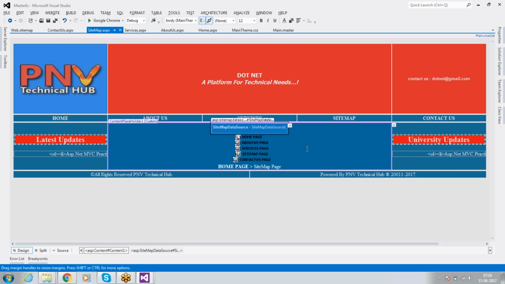So far, any doubts? Did you understand what is the essence of the master page? Instead of creating multiple pages, a single parent page and multiple child pages, the same design will be populated. If you want to change the design, take one more master page and apply whatever designs you have.